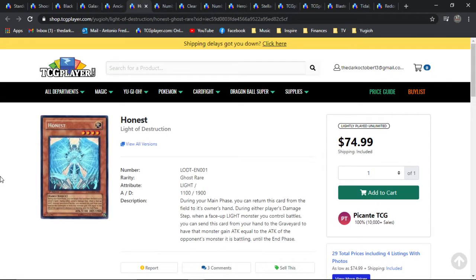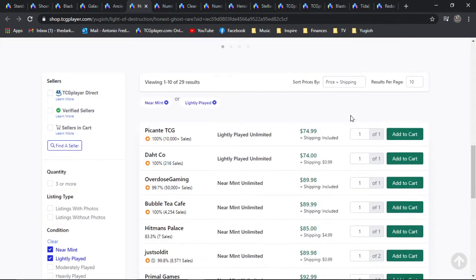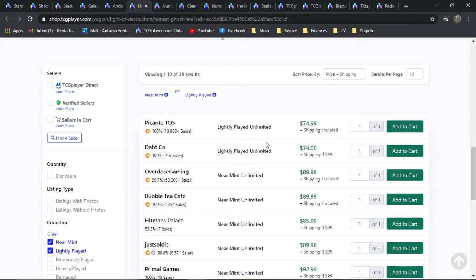Next is going to be Honest. I'm an Advent Satellar Knight player. I love Satellar Knights a lot. I love Light Sworns a lot. There's a lot of light decks that I like. Dark and light are probably my favorite attributes. I really love light and deck engine decks, and Honest is really cool. It's a really badass angel that can be a hand trap, and it can return itself back to its hand, and it's a light, and it's a level 4, and it's a fairy, and it's pretty cool. It's good stuff. And this is about 75 bones here for the starting market price